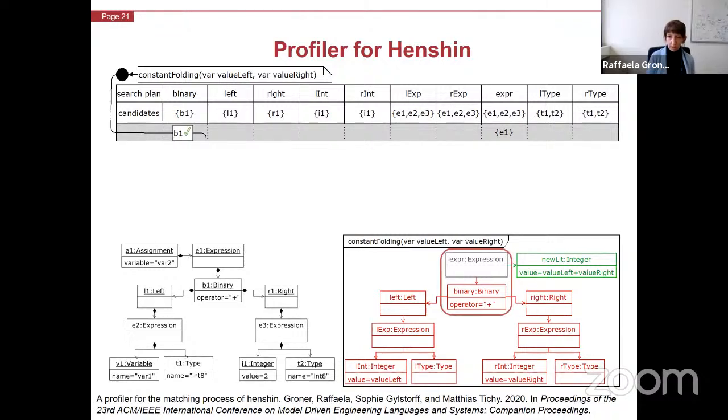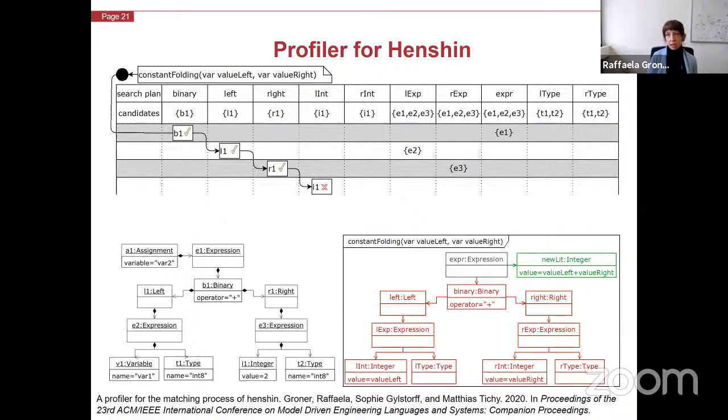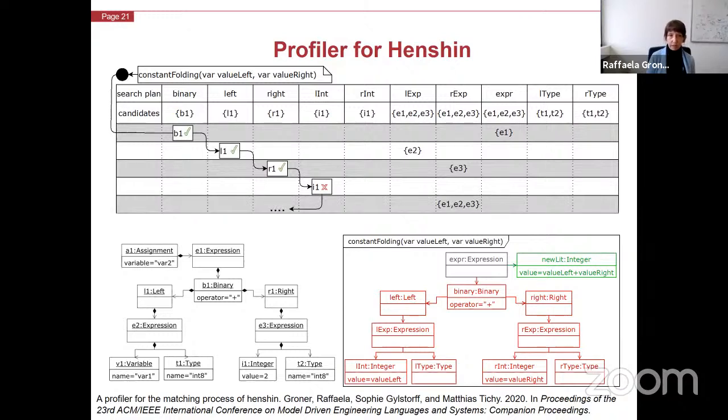If we now take a look at our transformation rule, we can see that binary should be referenced by an expression. The engine uses this information and also restricts the candidates of the affected nodes. Then the matching process continues. If for a node no model element can be bound, the engine uses a concept called backtracking. This means the engine goes one step back in the search plan.